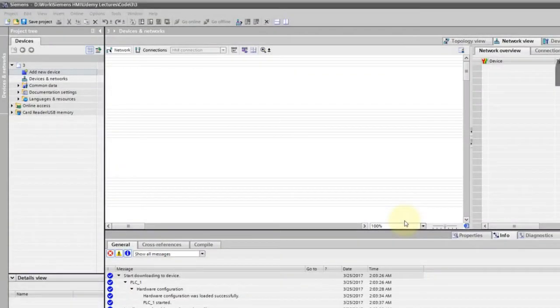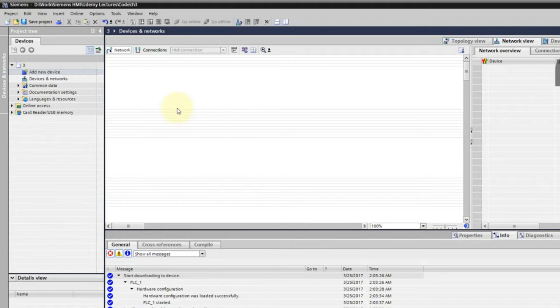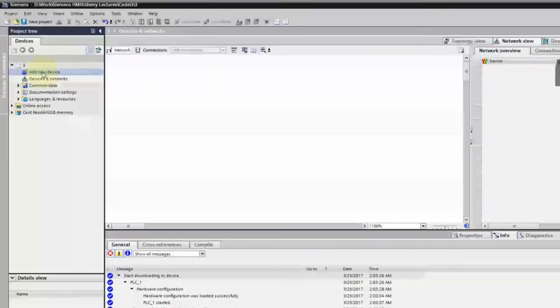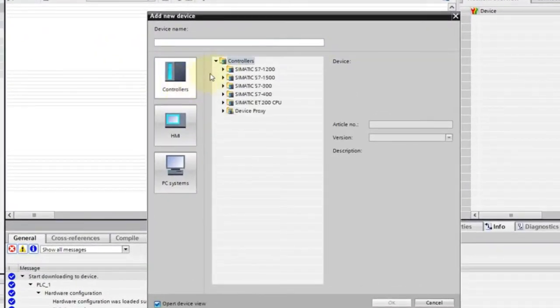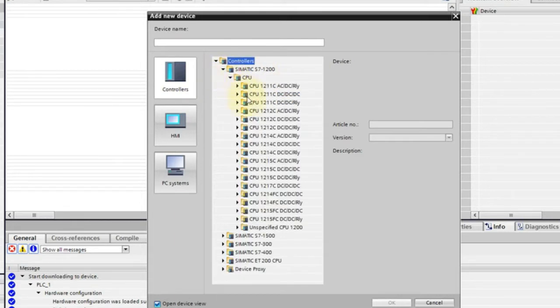Alright, so let's start this new project in which we have to make a small button on the HMI screen which will actuate the PLC output. Okay, so the first step is we have to add some devices here. So I'll go to add new device. I'll select my controller, which we are using S7-1200, and I will go to my controller, which is this one,